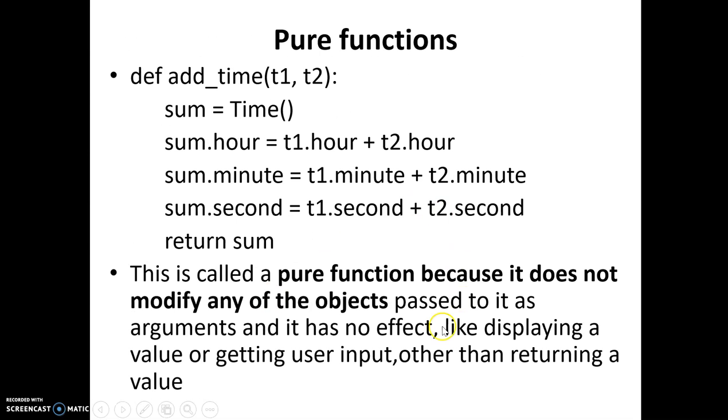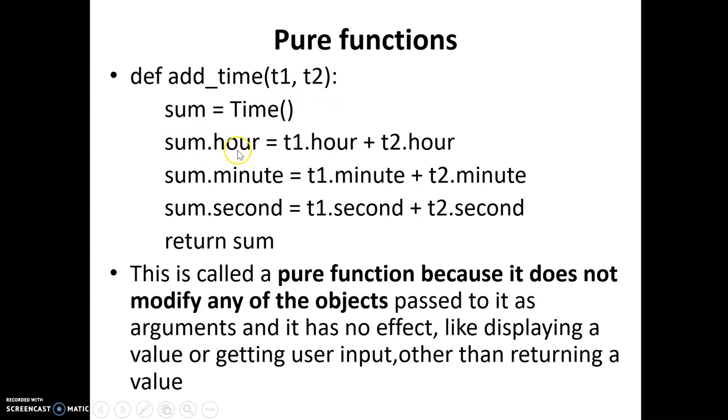Okay, so if you go through the example given in this slide, we have defined a function named add time, which accepts two time objects, right? Within this, our intention is to add the two time objects. The time object has three attributes which need to be added separately. For doing that, you can observe we have taken another variable known as sum, which has been created as a third object of the class time apart from t1 and t2. Using this object of the class time, we are going to store the results of the addition of the two time objects here.